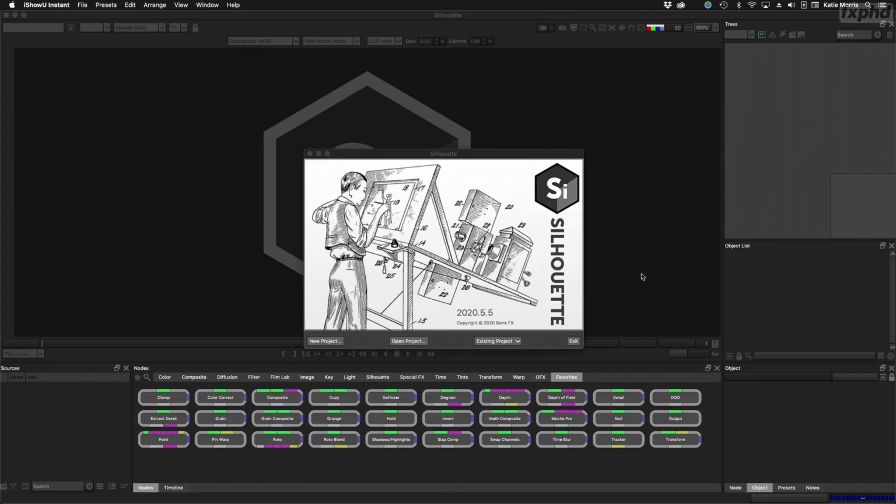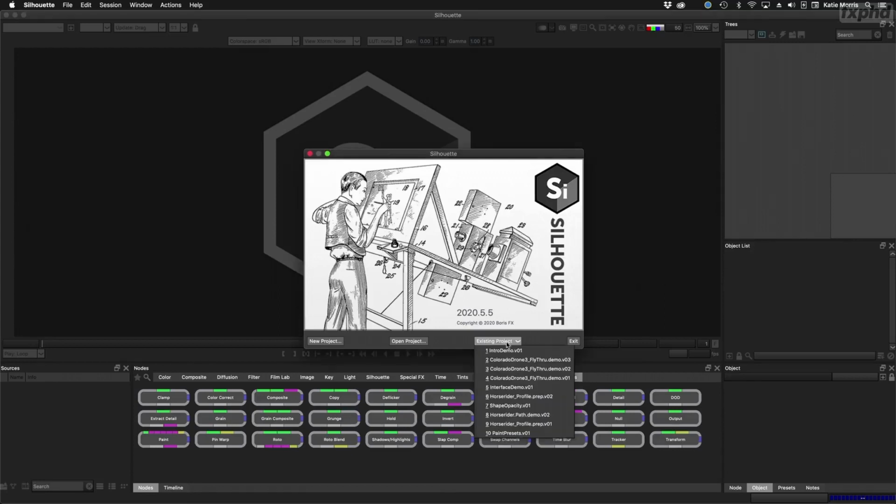When you launch Silhouette, you're going to get this screen, and you have some choices to make. You can either load in an existing project, and those are the last 10 that you recently opened, or you can choose the Open Project button and navigate to your project there, or you can select New Project and create one, and that's what we're going to do right now. And after I show you how to create a new project and load in some footage, I'm going to then close that out and open up a saved completed project so we can have a more in-depth tour of the